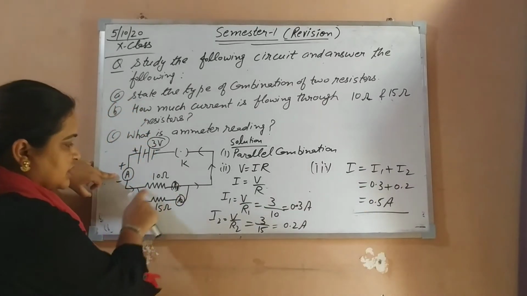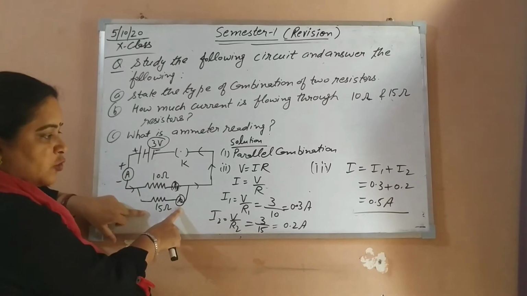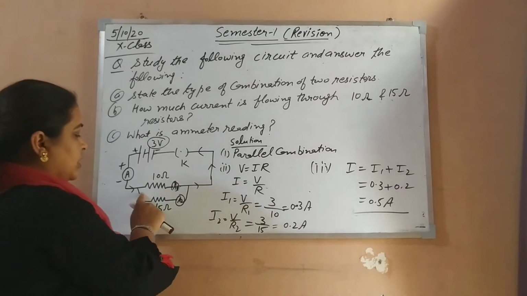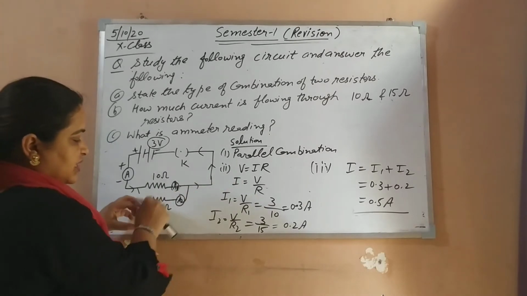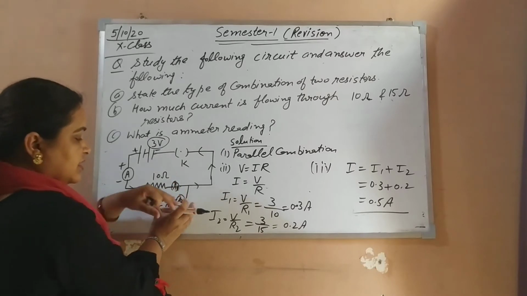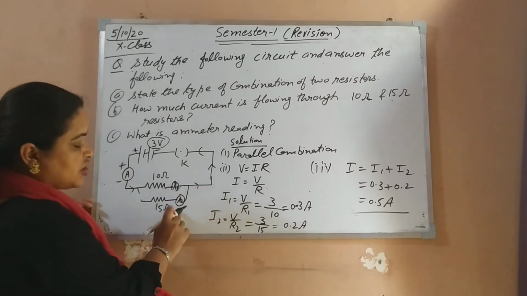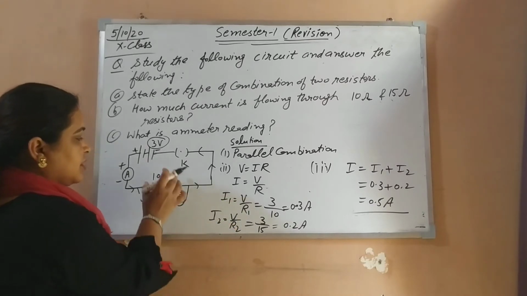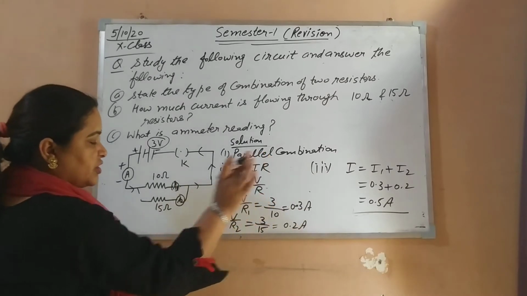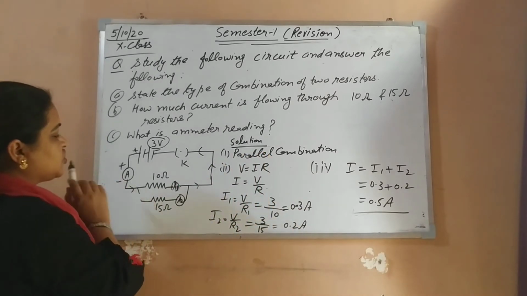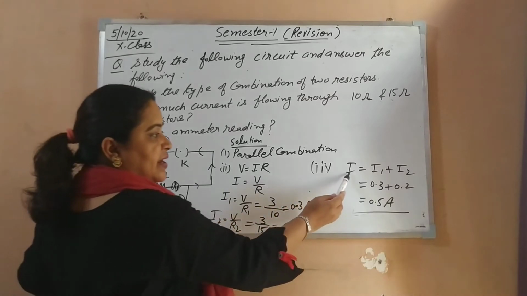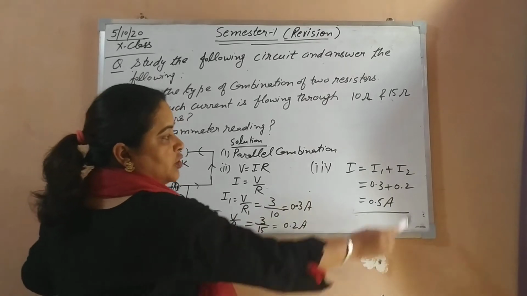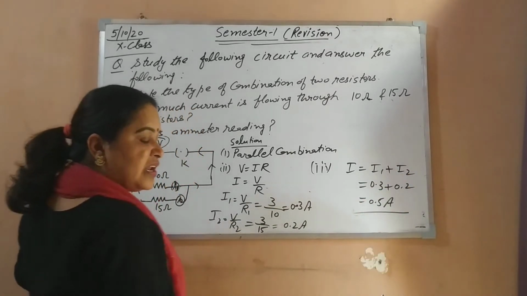If this 15 ohm resistor is not working, then what does the A2 reading become? It does not stay 0.2, it becomes 0 at that time, because only this path gets broken. If this gets fused or something happens, only this arm will not work. So what is the change in the A2 reading? The A2 reading is 0 at that time. Is there any change in A1? That would remain the same. There is no change for A1, but there is a change for the A reading, because ammeter A measures the total current, the sum of I1 plus I2. So this will definitely change.